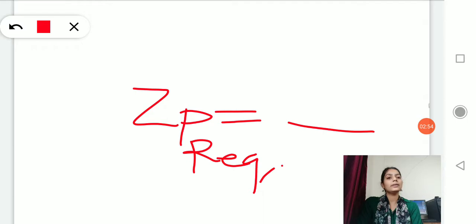This is how we choose the section from the steel table for designing a beam, and we have done this in the previous sums which we solved for supported beams, right?